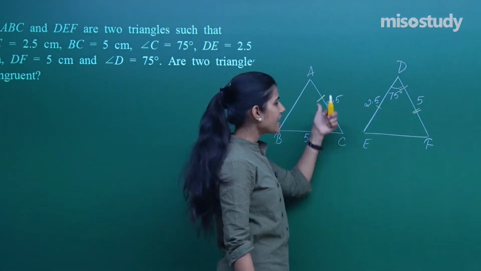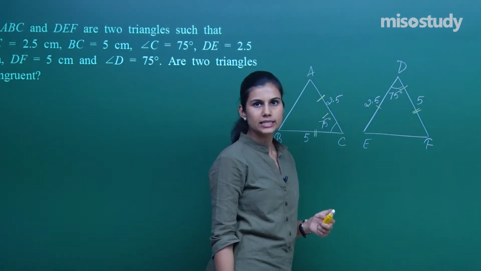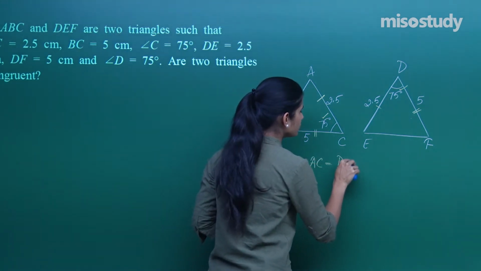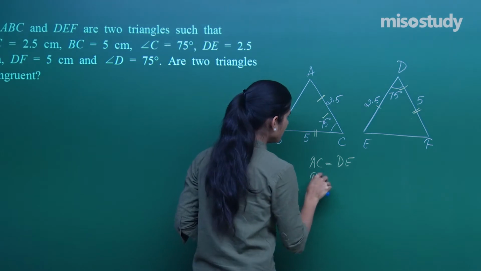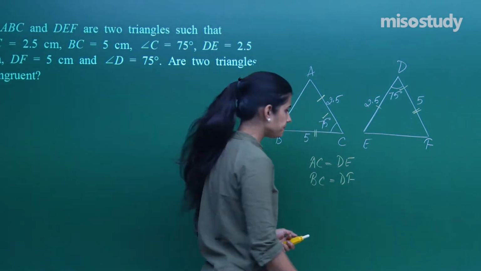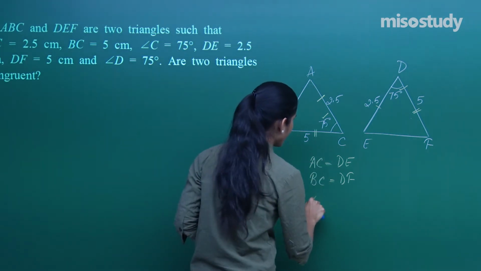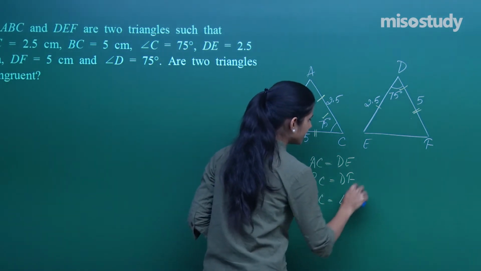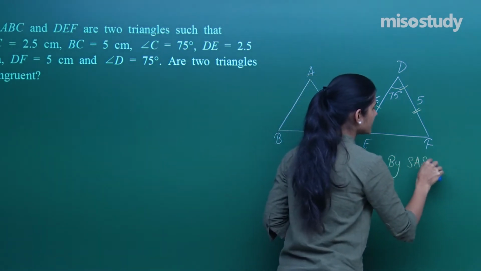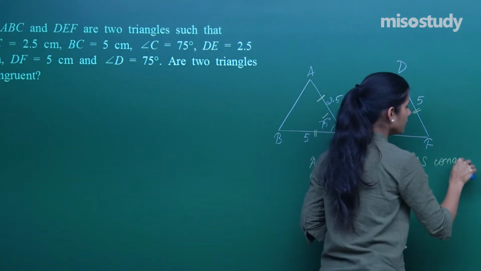So by SAS congruence rule, both the triangles are congruent. So I can say AC is equal to DE, BC is equal to DF and angle at C is equal to angle at D. Therefore, by SAS congruence rule,